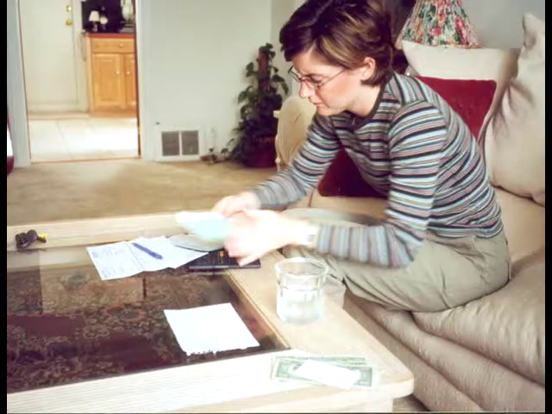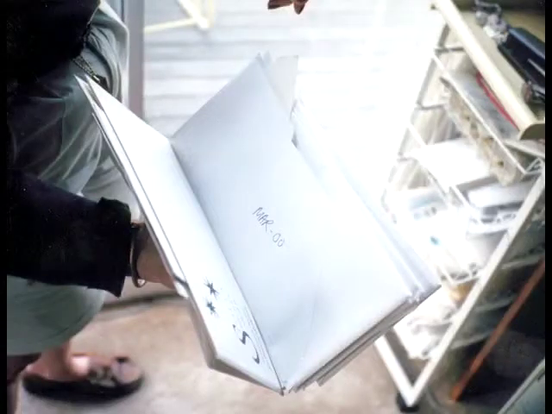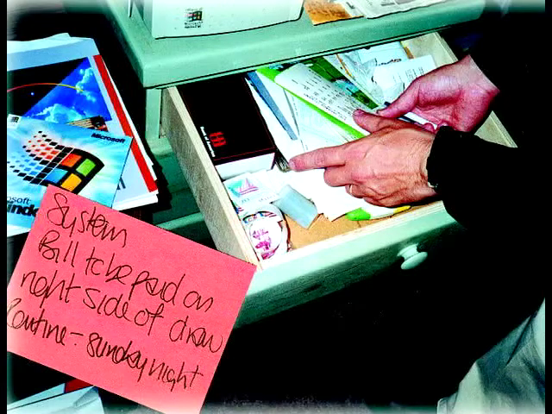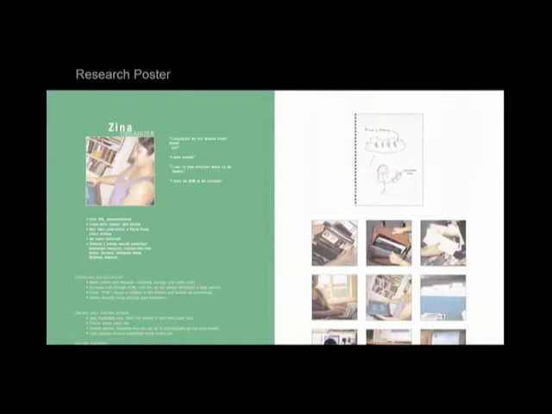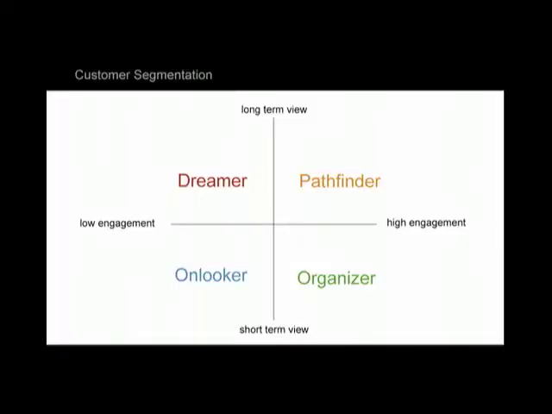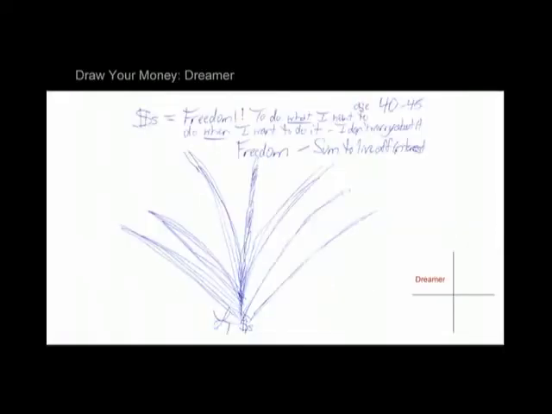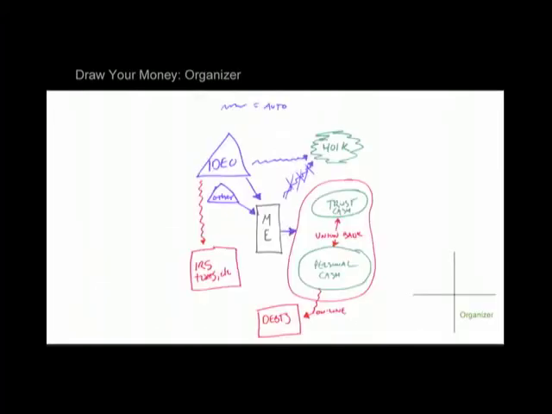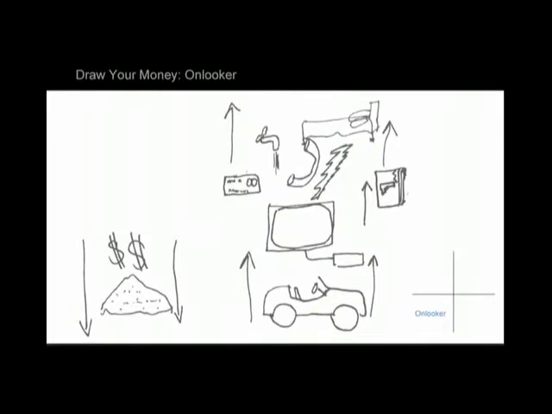We started with a broad range of observations, and from those observations developed insights, and then crafted those insights into a framework. At some point, that framework became a 2x2 of the psychographics of consumers. The dimensions of that framework were short-term to long-term view, and low engagement to high engagement with managing money. That framework became very powerful as a decision tool within Juniper, because it gave them a perspective on